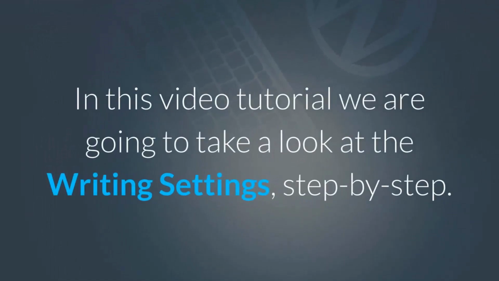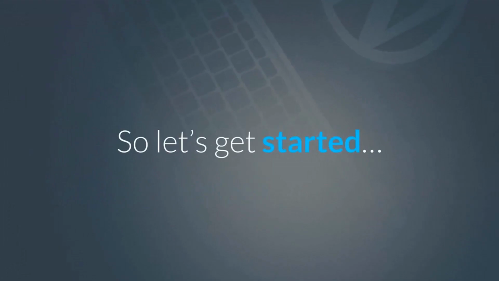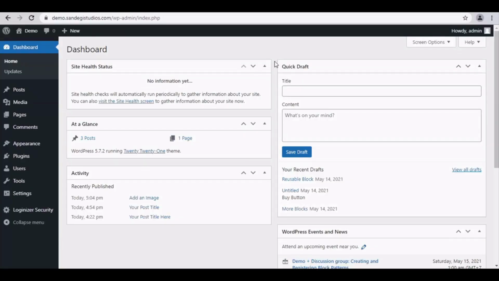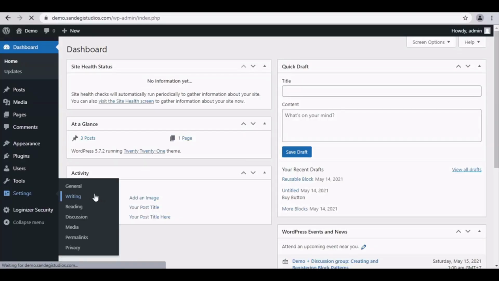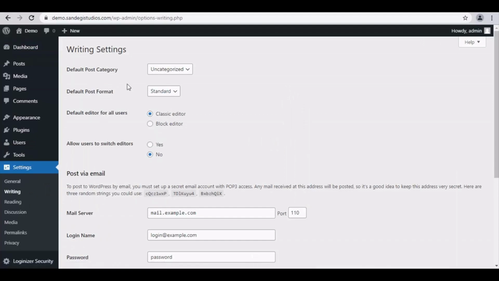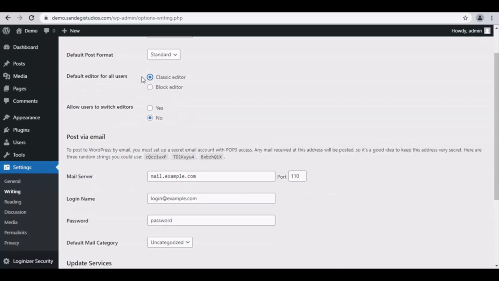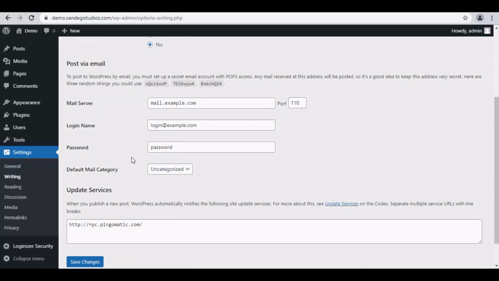In this video tutorial we are going to take a look at the writing settings, step by step. So let's get started. From your WordPress dashboard, go to Settings and select Writing. Here select your default post category, default post format, default editor for all users. Classic editor or block editor, allow users to switch editors. Yes or no. Then post via email, mail server, login name, password, default mail category, then update services, that is